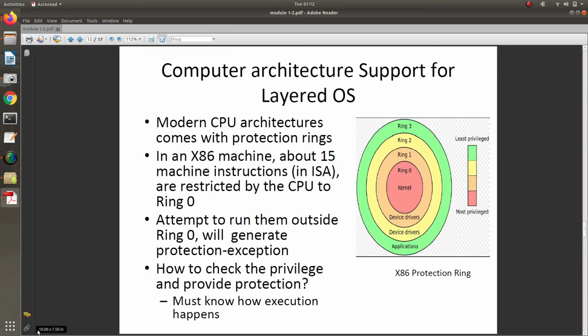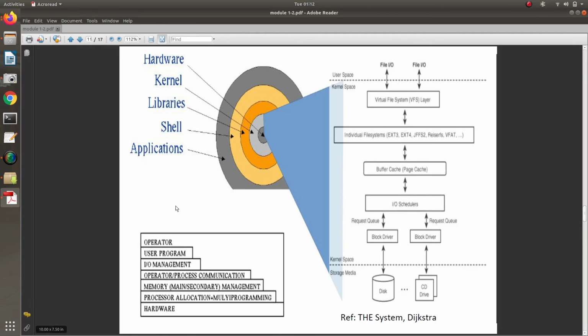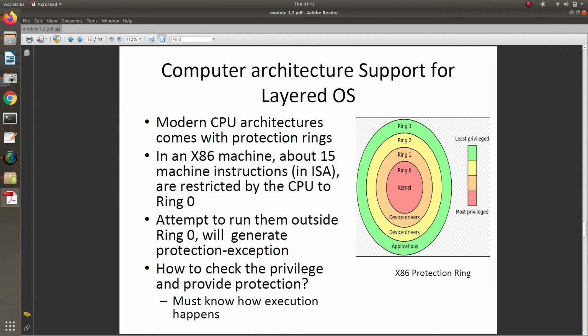Yeah, so this is a very important thing to know: how is the access defined? Each layer has a particular access, right? So what defines it, and how do we maintain that? In operating systems in general, we have something called rings: ring 0, ring 1, ring 2, ring 3. If the kernel belongs to ring 0, there's a set of instructions that the kernel can run. Those instructions come under ring 0. There are certain instructions that the device drivers can run. Those come under ring 1.